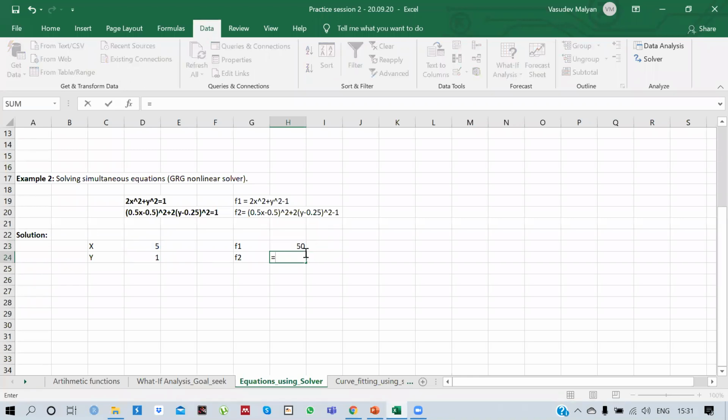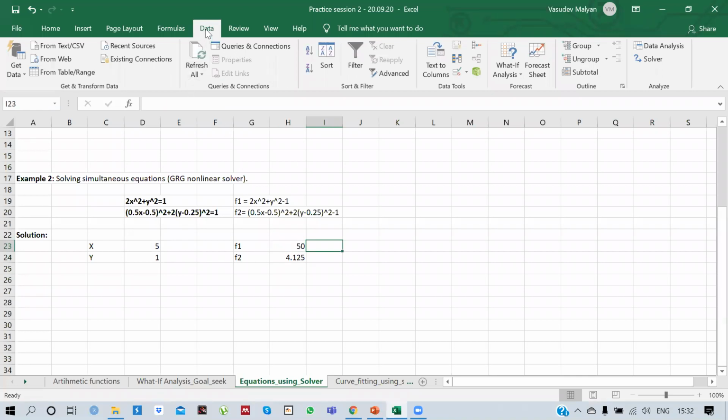And similarly, I'll calculate f2, which is (0.5 multiplied by x minus 0.5) whole square plus 2 multiplied by (y minus 0.25) whole square minus 1. So I've got these two values, f1 and f2. Now I'm supposed to calculate those roots at which f1 and f2 will become 0.